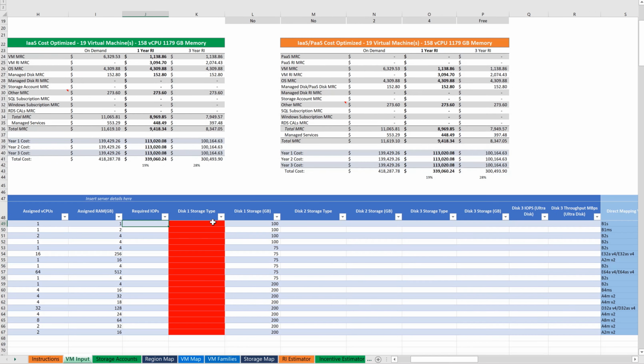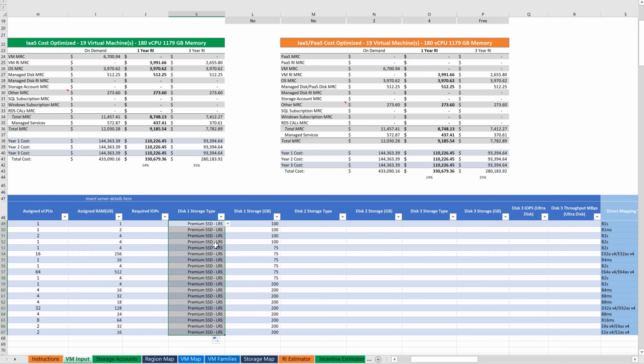The next section is all around disks. As you can see, I copied in the disk size here, and it estimated that for me, but it did it based on a standard HDD disk because that's the default. You can come in here and you can choose the disk that you would like to use. If that's a premium SSD, standard SSD, ephemeral disk, don't have a cost, but you can choose any of these in here. So for this, I'm just going to go ahead and choose premium SSD for all of them and